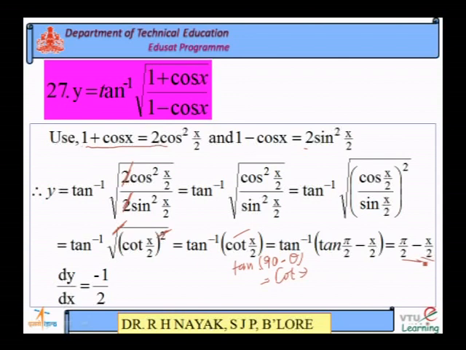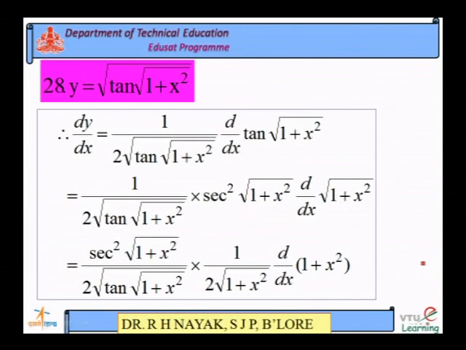It is 0, minus the differentiation of x by 2. Differentiation of x is 1, so minus 1 by 2, into root of tan of root of 1 plus x square. Functions are included here: this is one function, 1 plus x square, then root of another function, tan of another function. Like this we can have function of function. How to differentiate this? Basically you take it as root of function.